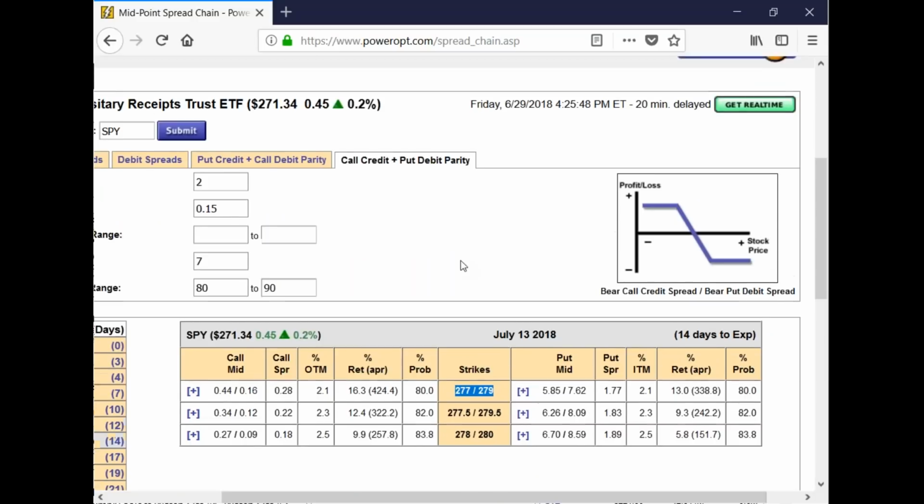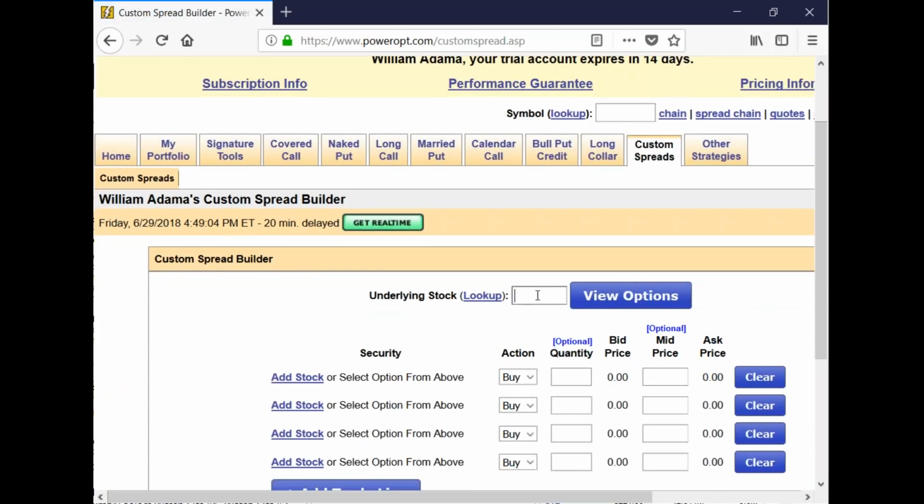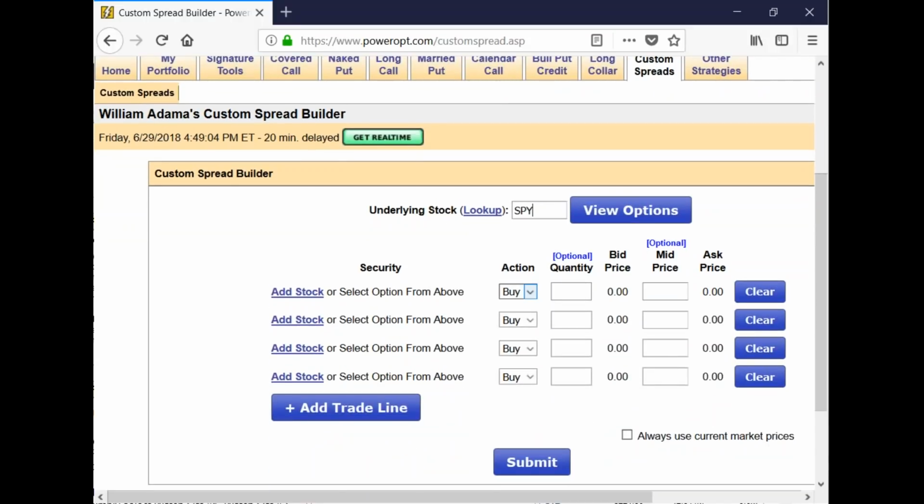Okay. Now, I had mentioned another way to do a debit spread. Let's go to the custom spread tool. What some investors might do if they're more bearish on a position, and I'm not saying you should be bearish on SPY, this is not a suggestion, but rather going 1 week out to mimic the return of a credit spread, is do an out-of-the-money bear put debit in this case. If I was bullish, do an out-of-the-money bull call debit.